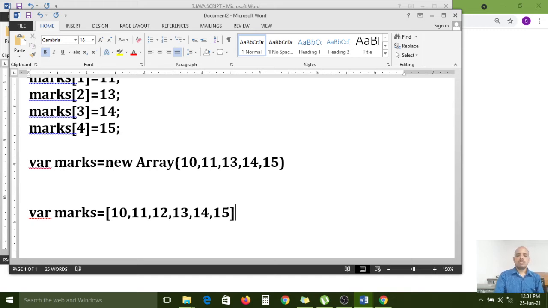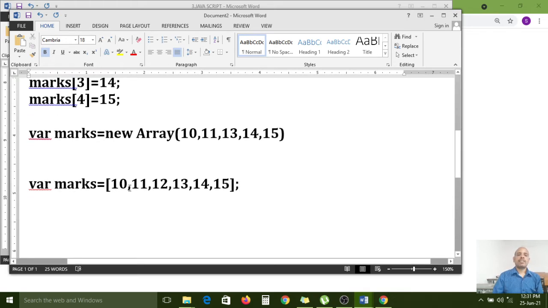Like that, we can create the array with the list of these many items. Here we haven't used the new Array constructor. Directly we can assign the values by using square brackets, right? So array creation is possible this way also.